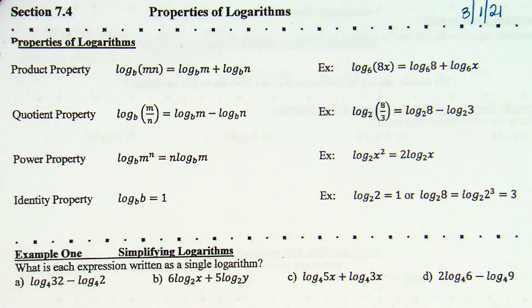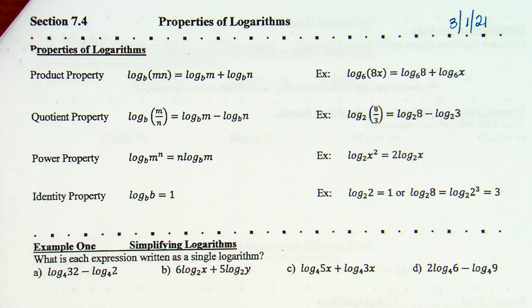About lesson 7.4, properties of natural logarithms. So we started talking about logarithms last week. Today we are looking at properties, and there are 4 properties that you see here that we're going to be talking about, and these properties are what we're going to use really throughout this section and 7.5 and 7.6 to help us solve equations and evaluate stuff and just whatever it is. So looking at these 4